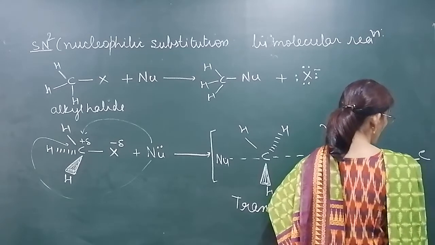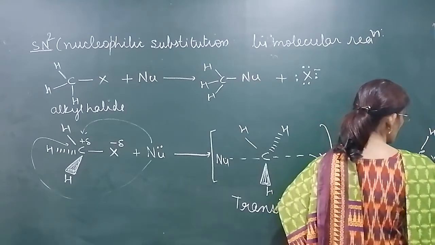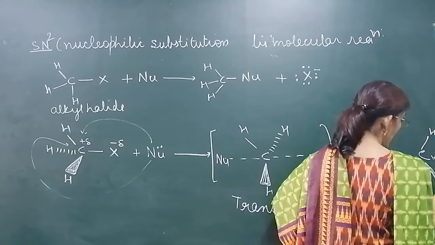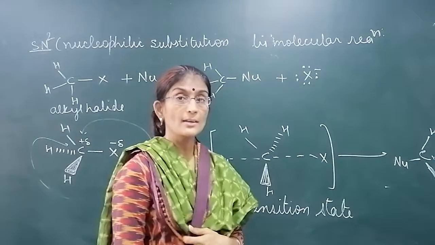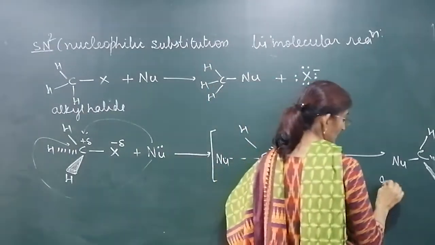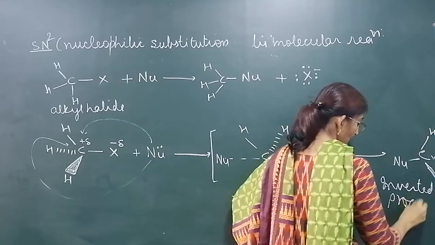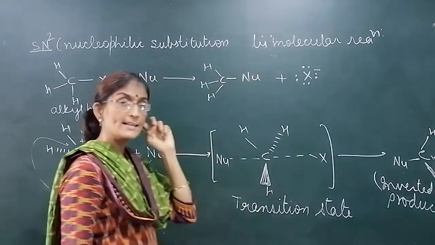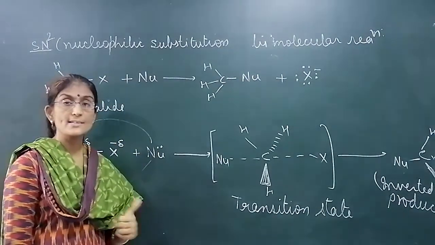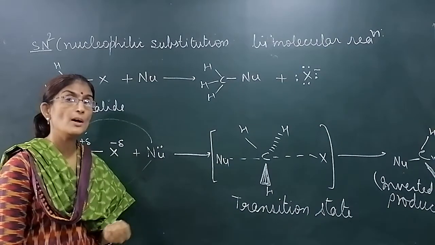Here it is nucleophile, here it is H, it is solid and this is H. So as nucleophile attacked from the back side of the carbon, inverted product is obtained. Your product is an inverted product. Configuration is changed. Alkyl halide has a configuration, product has its inverted configuration because nucleophile will attack from the back